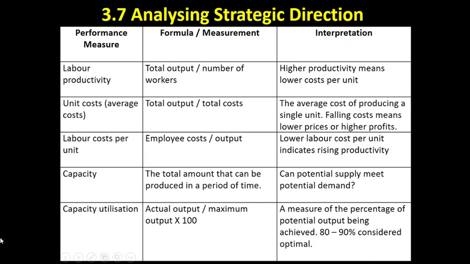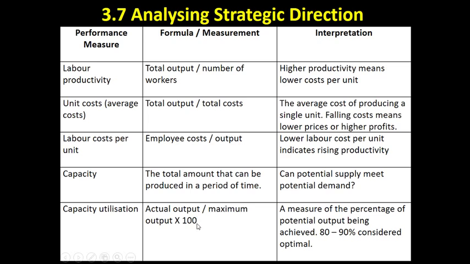The organisation's capacity is an issue that we might want to consider. What's our total amount of output that we can be producing in a particular time? If we're constantly having to outsource to other companies, that's an indication that our capacity is not large enough, so potential supply isn't able to meet demand. If we're constantly operating on 50 to 60% capacity, that could be a weakness. We might be able to operate more efficiently at a higher capacity utilisation if we sell off some of those unused assets. So looking at total capacity and whether the supply is meeting demand is important,